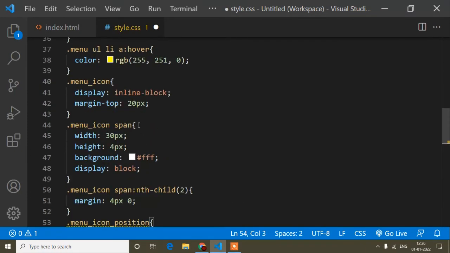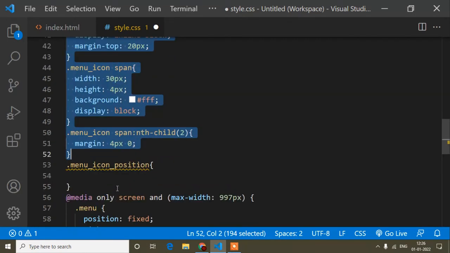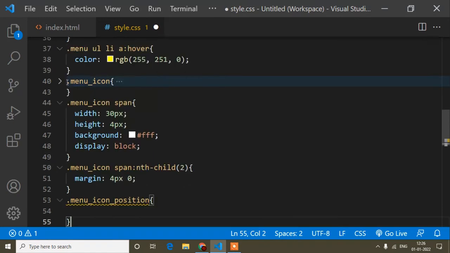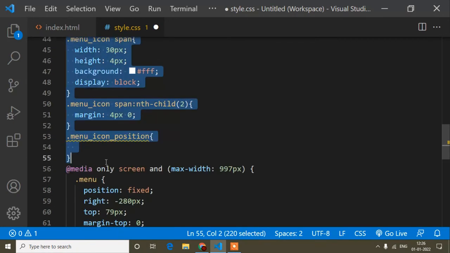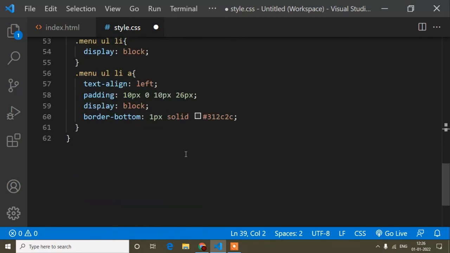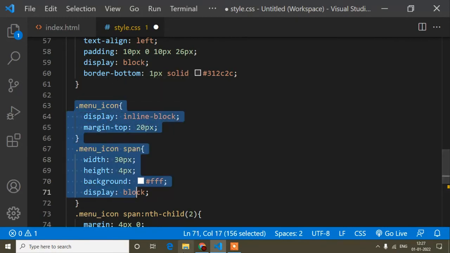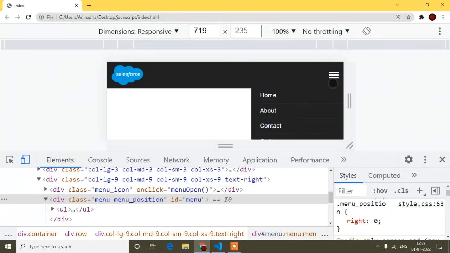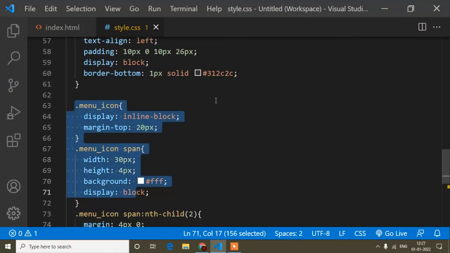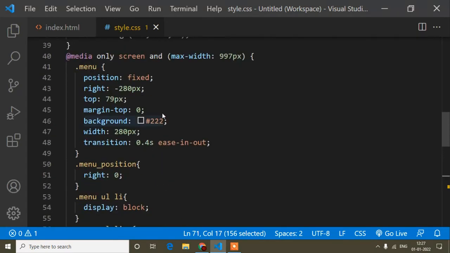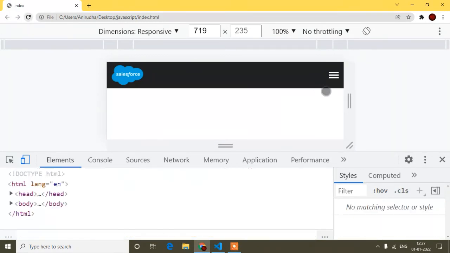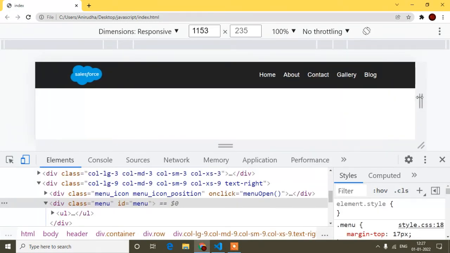One more thing, guys: I have added this menu icon outside this media query, but if you want, you can add it inside the media query, because the menu icon only appears in mobile view, so you can write all the CSS properties in the mobile view. If I refresh and go here, you can see the menu icon is automatically removed by default, and when it comes back, it comes by default.